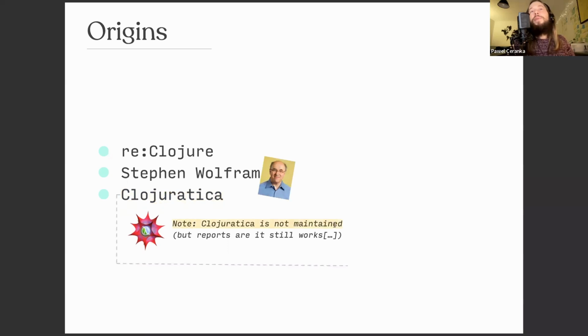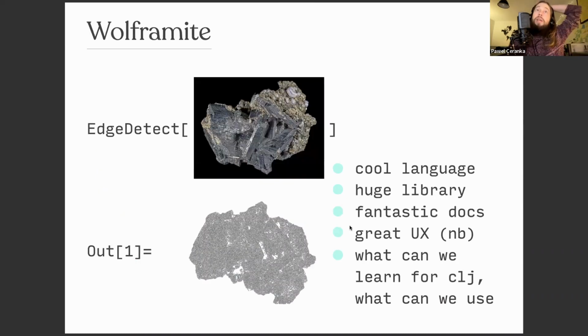So it's built on top of an existing library that's been around for a long time, but which was not maintained. The main part of the work was done 10 years ago, and it was slightly different than modern Clojure, but still a really impressive thing. Wolframite, this is the pet name or code name that we've been using. So this kind of goes back to the question of why we should care and what kind of an edge it can give us, using this whole other ecosystem from Clojure.